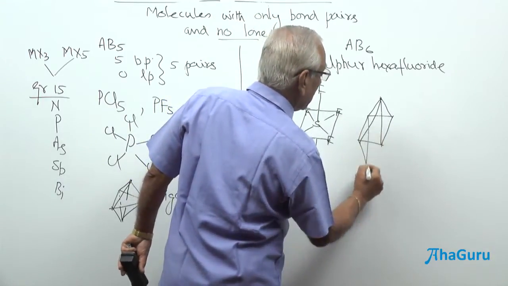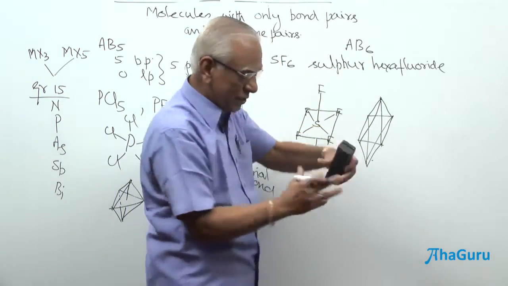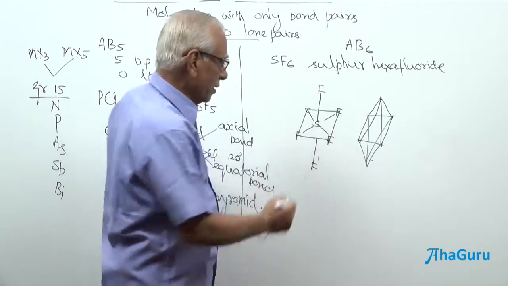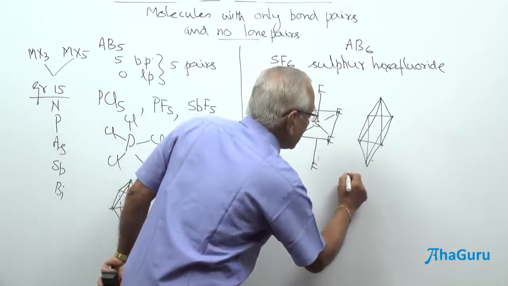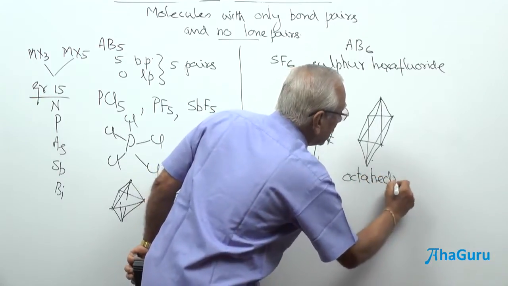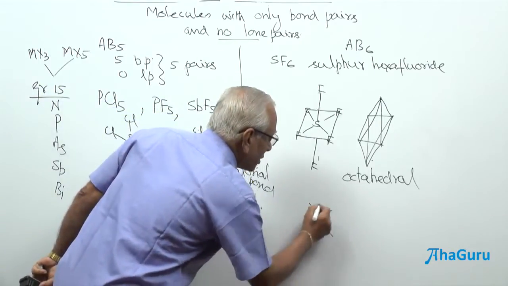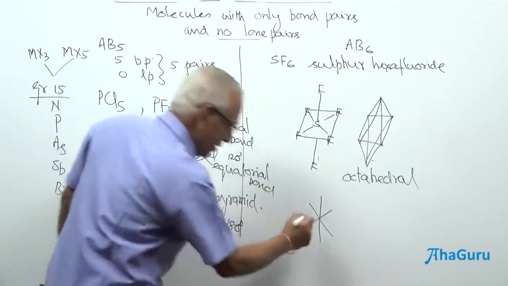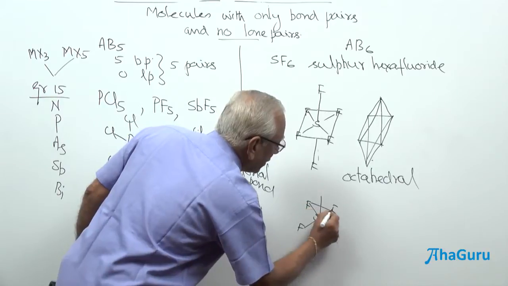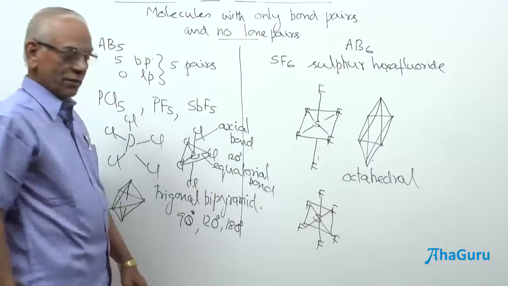Similarly, there is going to be 2 square prisms, one square prism above and another square prism below, fused together, and it has got 8 sides. Such a figure shape is known as octahedral shape. You can draw this octahedral this way. You see here, sulfur here, fluorine, fluorine, fluorine, fluorine, and please remember they are along the plane. This is going to be above the plane, this is going to be below the plane here.